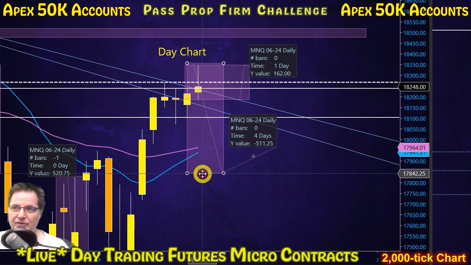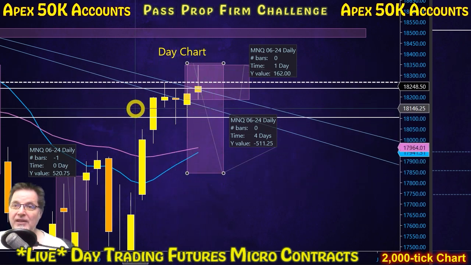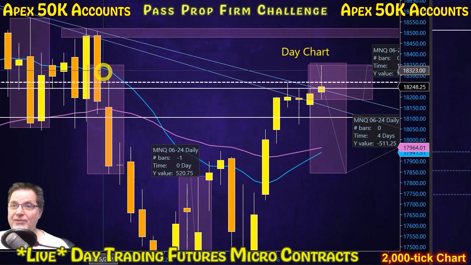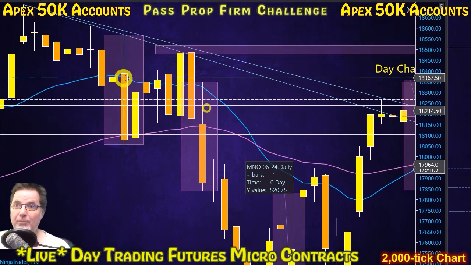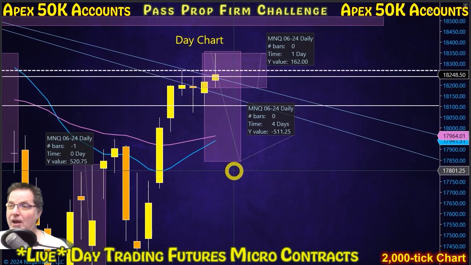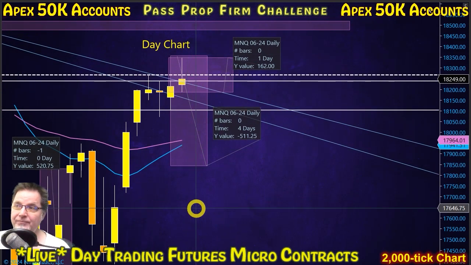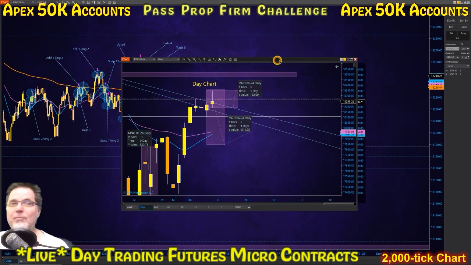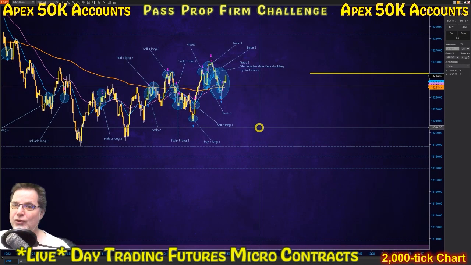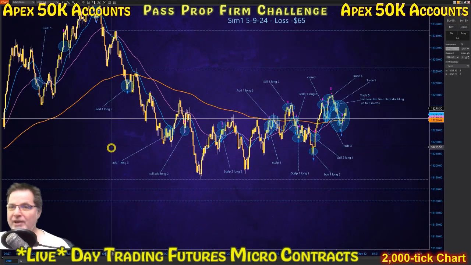That's why we have our box here to measure the largest days, 500-point days that can happen. And it happened in the same area that this 500-point range reversal happened, and this 500-point reversal happened in the NASDAQ micro contracts that I'm trading. So you've got to be ready for that. And I'm trying not to add too much. I'm trying not to add too big, and I'm trying to make this real money trading.